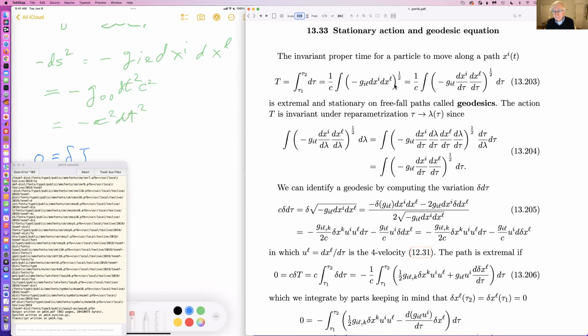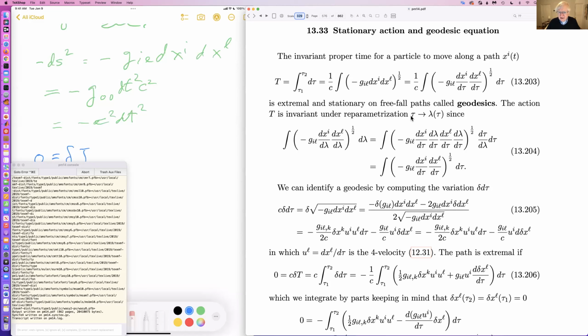Now you might say, why do people keep quoting this funny form that has this square root in it that's really pretty complicated? And the reason is that this action is invariant under